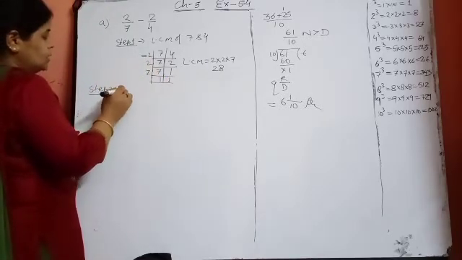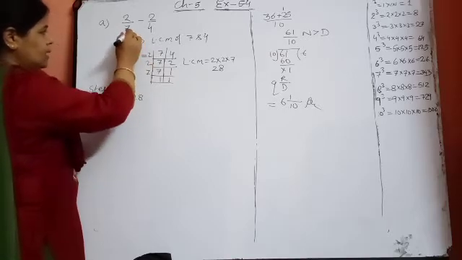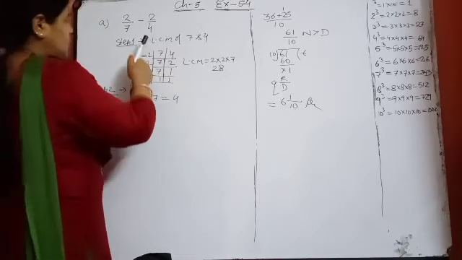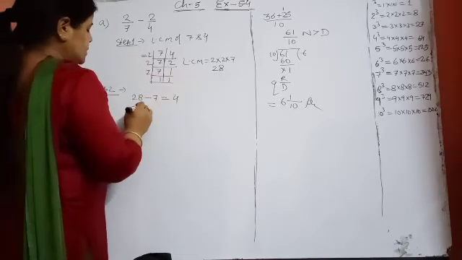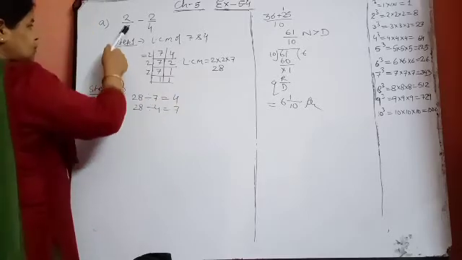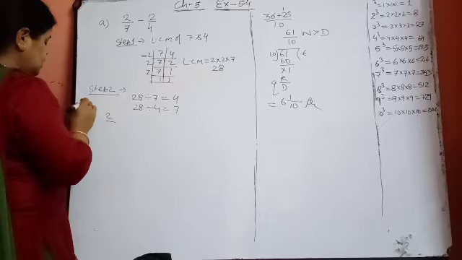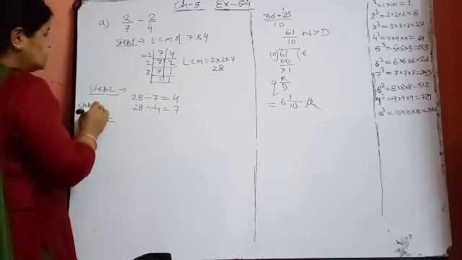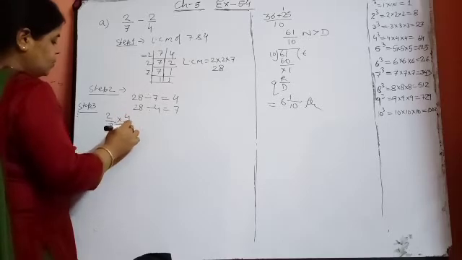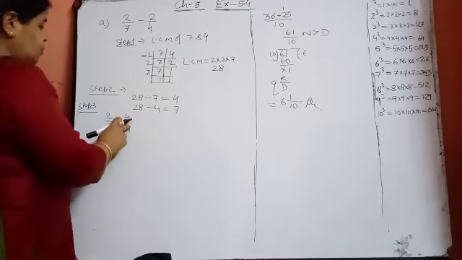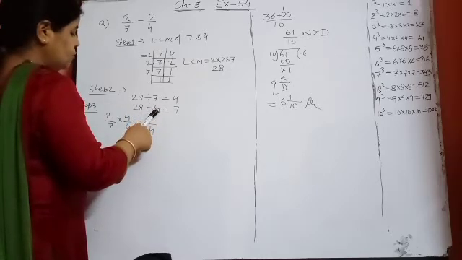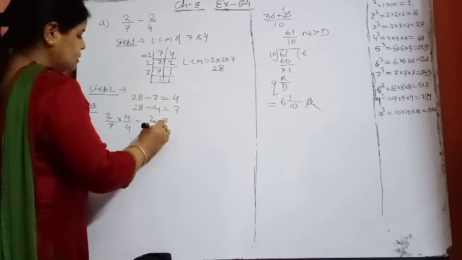Now step 2. This LCM 28 is divided by the first denominator 7. How many times? 4 times. Then the second time, LCM 28 divided by 4. What will you get? 7. It means the first fraction will be multiplied by, step 3. First fraction 2 upon 7 multiplied by which one? 4 upon 4, since dividing by 7 gave 4. And minus 2 upon 4 is multiplied by 7 upon 7, since dividing by 4 gave 7.